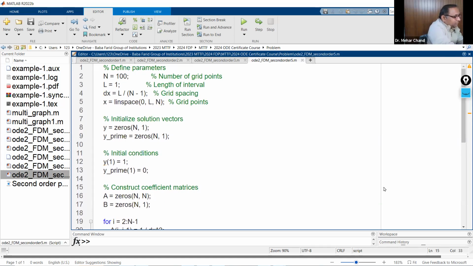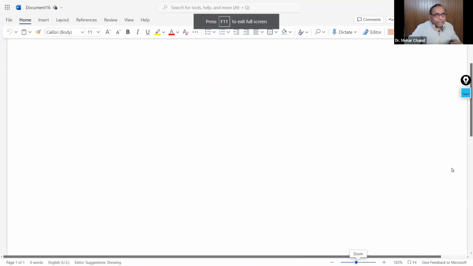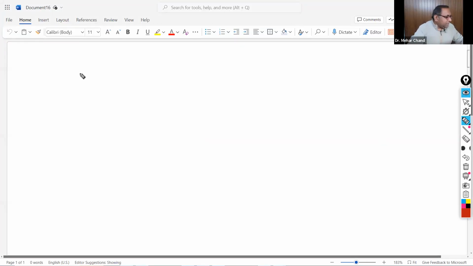Just please give me 1 minute. How can you do it? So before applying this Gaussian approach, how can you compare the coefficients? This is very important. I have one example. The example is y double dash is equal to x plus y,